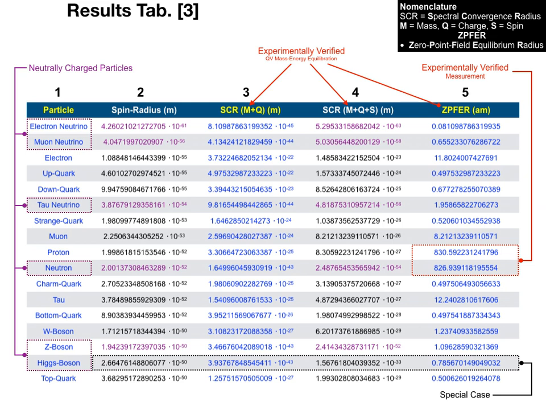Lastly, we look at the zero-point field equilibrium radius as appears in column 5. It is important to recognise that the principle of zero-point field equilibrium radius has been experimentally verified against all presently available confirmed particle size measurements. It may be surprising for viewers to learn that the physical size of so few particles have been experimentally measured and confirmed. Of the 17 particles listed in column 5, only 2 of them have been experimentally measured to high precision. That's less than 12% of the column 5 population.